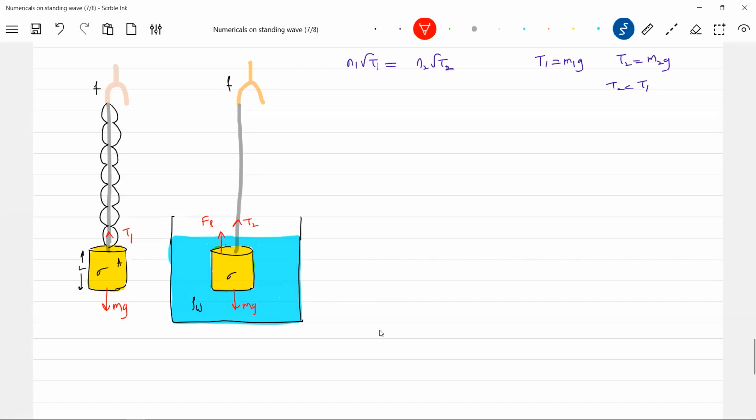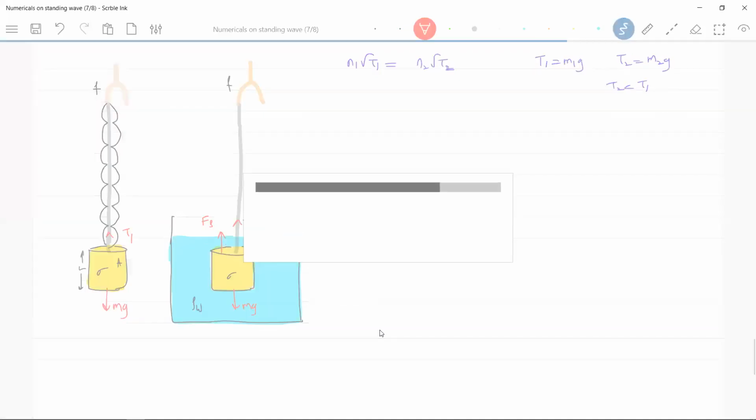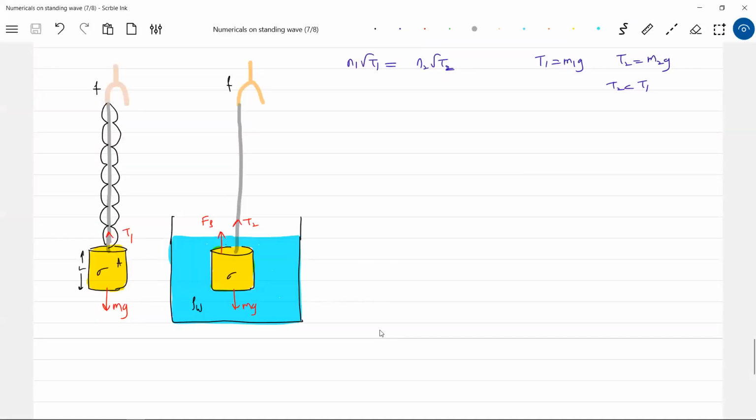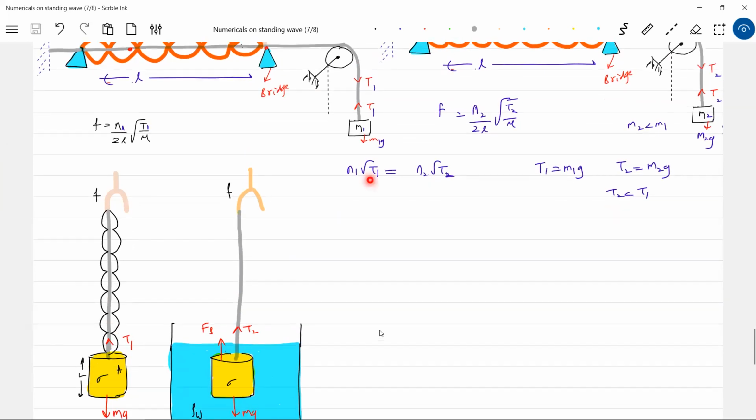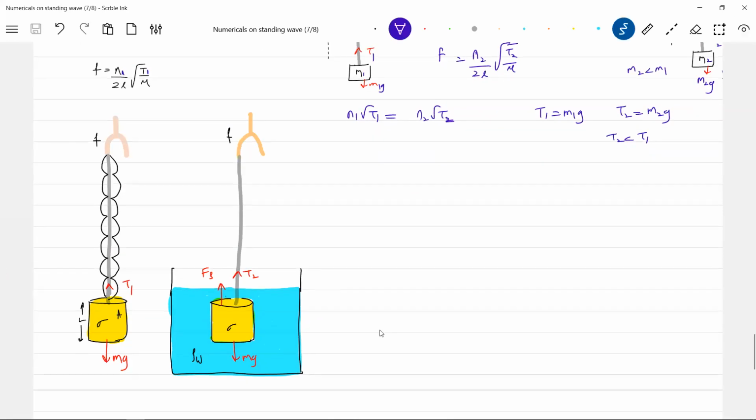When I immerse this cylinder, what will happen to the number of loops? Anybody wants to answer? Will it increase or decrease? You have in front of you the same tuning fork which is exciting. How many loops are there? 1, 2, 3, 4, 5, 6, 7. I'll immerse it. The same tuning fork is connected as it is, and the string. Then the tension will decrease. If tension decreases, the number of loops should increase. So how many are there here? Earlier 7, so let me increase the number. It will be 8.